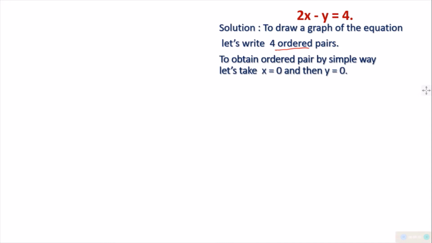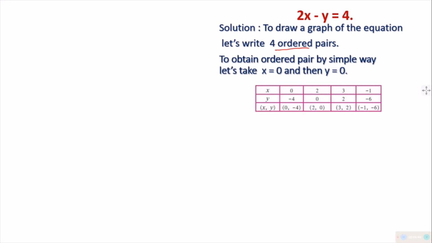Suppose if x is equal to 0, what will be y? When y is equal to 0, what will be x? Like that we will make sets, and those sets are called ordered pairs. For example, you can make a box like this. You are familiar with this. X you will assume as you wish, but normally we take 0, 1, 2, 3, 0, minus 1, minus 2, minus 3. Sometimes it will be instructed that let y be this, and accordingly we will make the graph. But this grid is very clear to you.